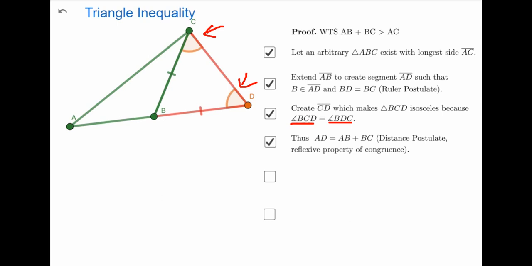So now look what we're doing. So we are trying to prove that the distance AB plus BC is greater than AC, but we don't have that, right? This is AB plus BC. The whole point though was if I create a segment AD with BD equal to this length, right, then the segment AD has exactly this length, right? So I'm basically making a segment AD that's exactly equal to the left-hand side that I'm trying to prove. And it should be clear why